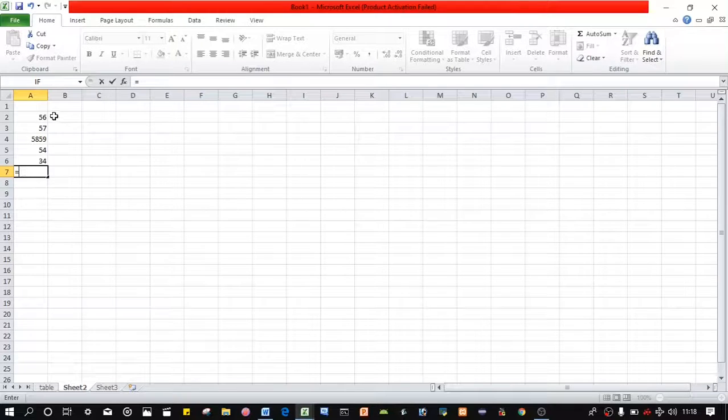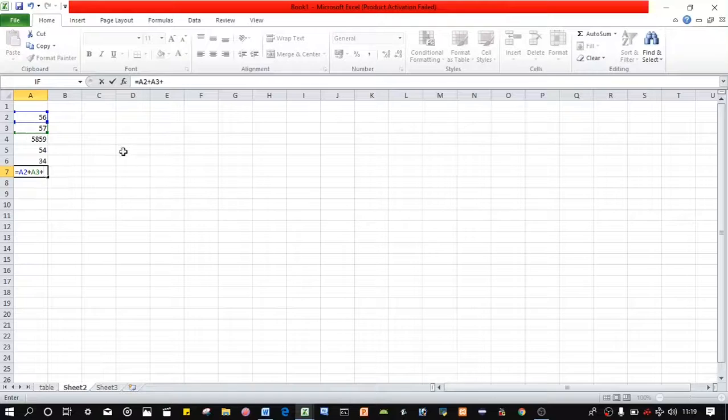After putting an equal to sign, you want to add all this data. If you want to select this data or add this data, you can click here and drag here. This is the range that is selected, but I am not using this type. I am using A1, this is A2. Equal to sign A2, then press add, then 57, that is A3.